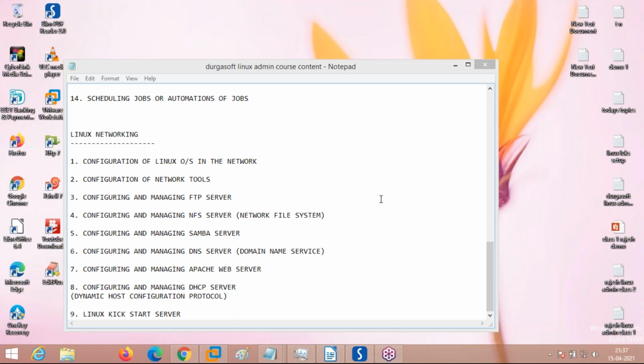Because I was thinking of starting in May, as I have other things to finish up, and I have to finish this course first. Is it okay? Yeah, I am fine. Okay, then we will see. I wanted to start the weekend batches on May 1st. I have still not informed my Durgasoft Institute people, but I am thinking.